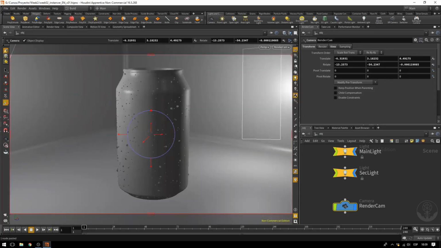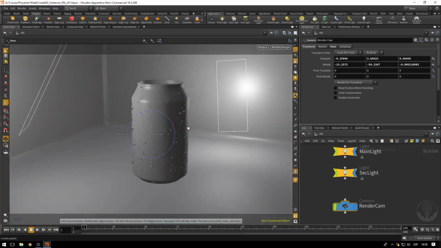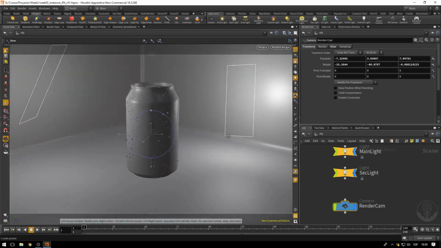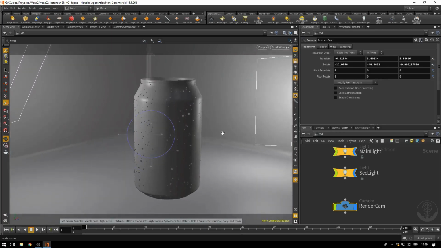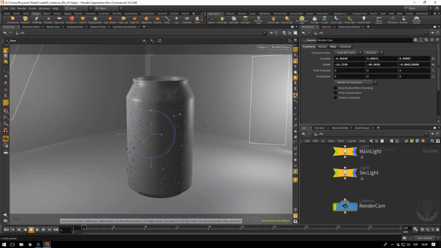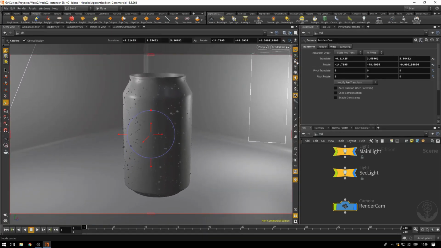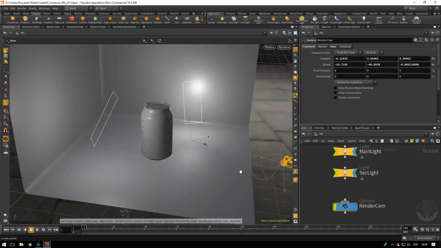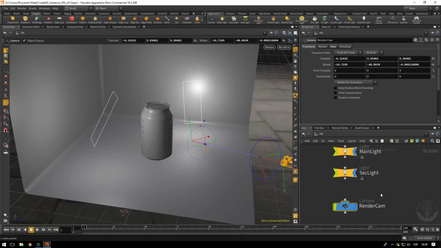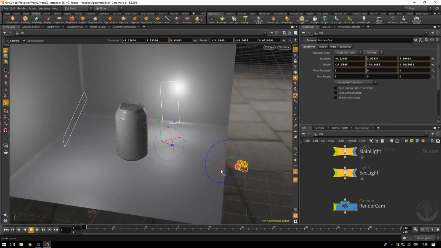If you want to edit the position, you have to click on this button, lock camera, and now you will see that the camera follows our navigation. Once you are happy with the new position, you just turn this guy off and you are free to move without modifying the position. You can also use the handles to change the position manually. Let's undo that